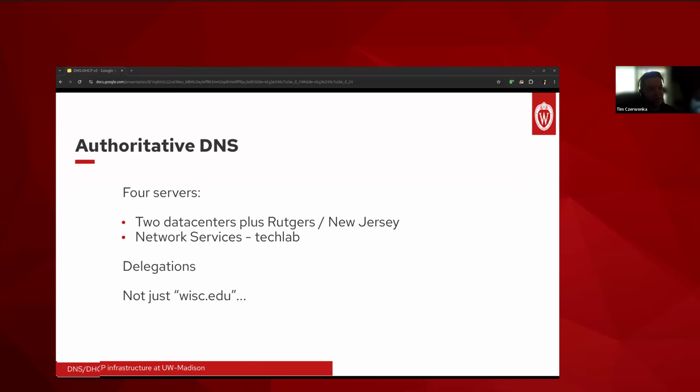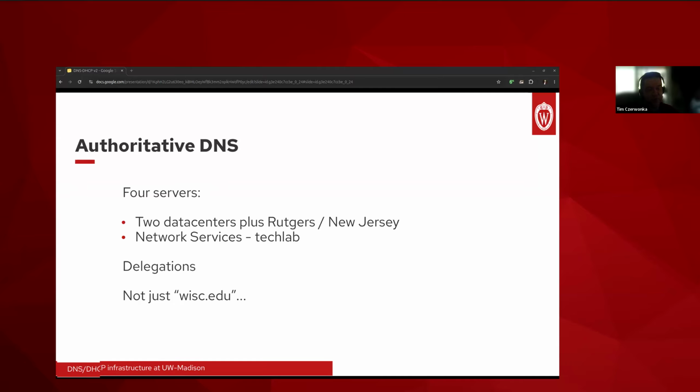The top level servers are a well-known list of servers for these recursive clients that point the resolvers to something like the edu top level domain servers. The edu top level domain servers, and there's quite a few of those, will then point your recursive client towards our list of servers, and there are 4 of them. These 4 servers, the authoritative ones, answer globally for all of our records under wisc.edu.